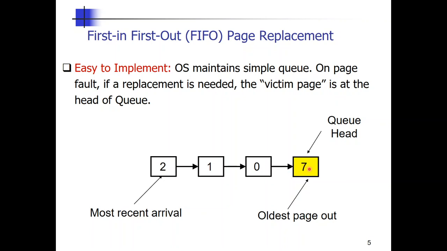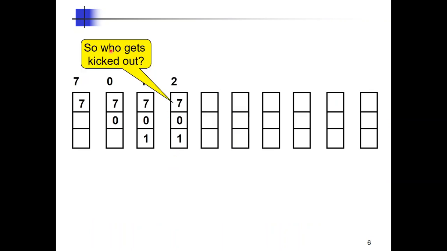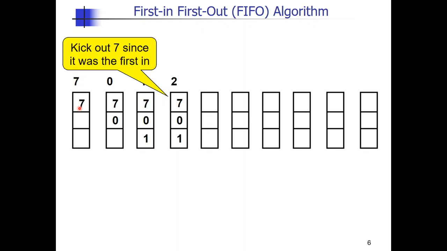So our new frame allocation is going to be for page 0, page 1, and page 2. So let's see how this plays out. We have answered with the FIFO algorithm who gets kicked out. It's going to be page 7 because it was first in to our queue. So that's our FIFO algorithm. We decided to kick 7 out since it was the first one in. When we kick out 7, 2 takes its place, and page 0 and page 1 continue to be there